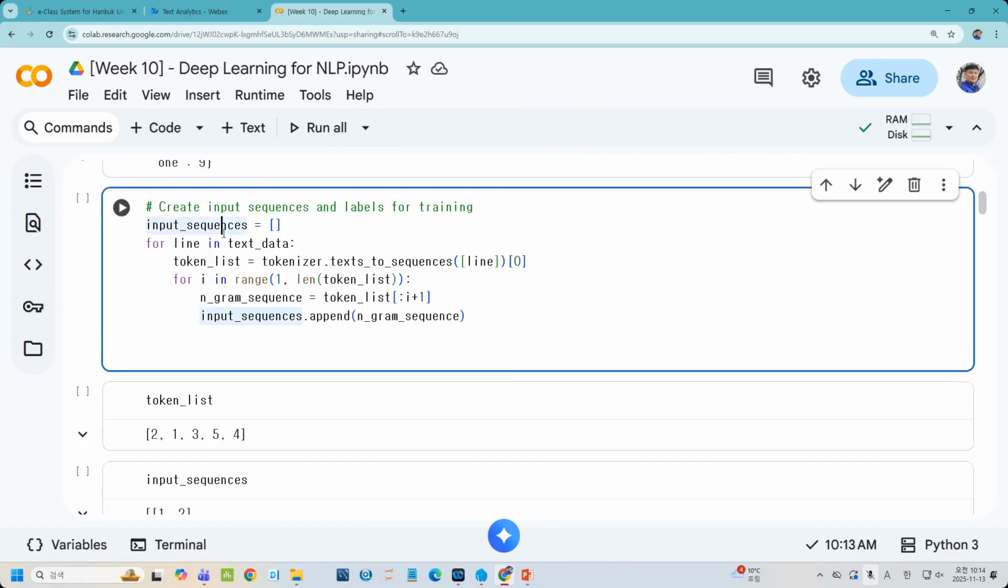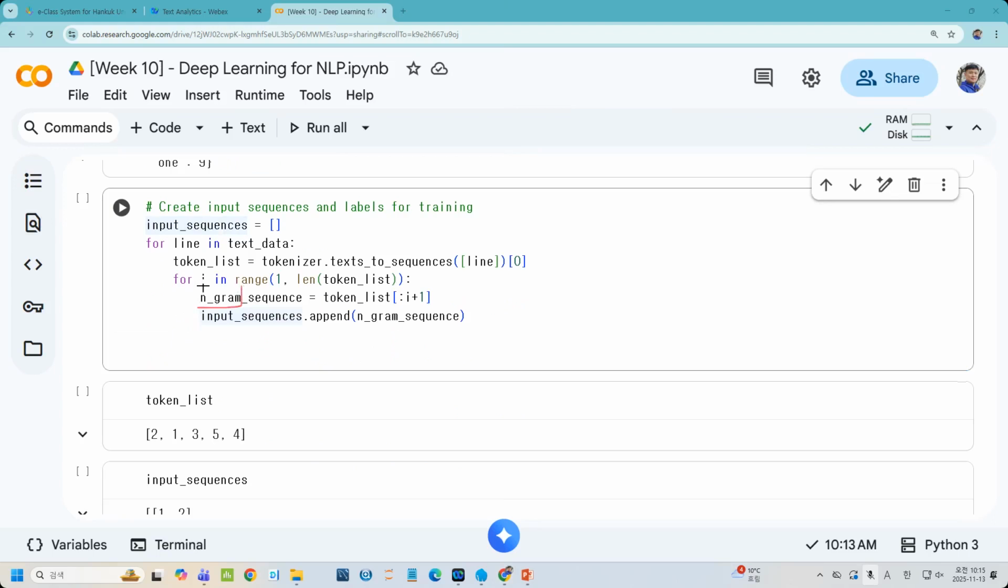So we can create the input sequence. It means for every one of the words, we can check what the sequence will be. For example, you can create the n-gram. You can create the unigram. You can create the bigram. And let's say it is the tokenizer, going from the text to a sequence of the line